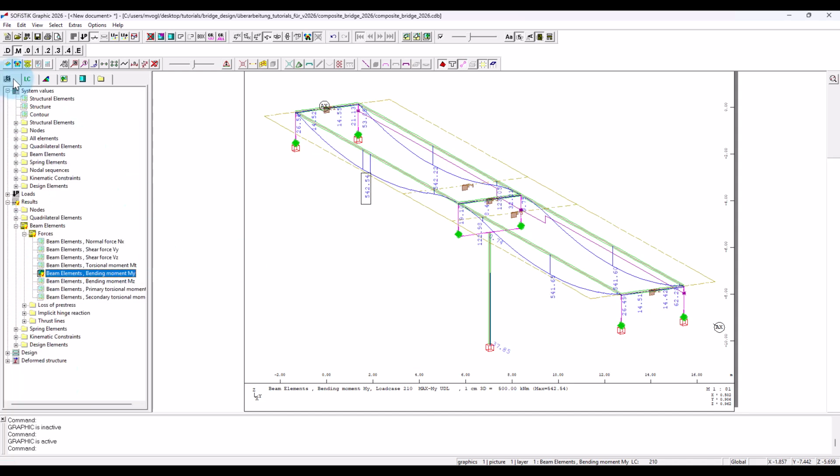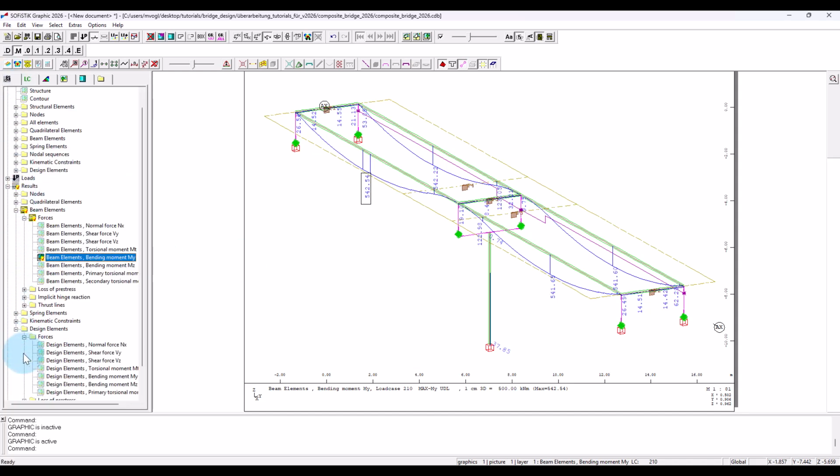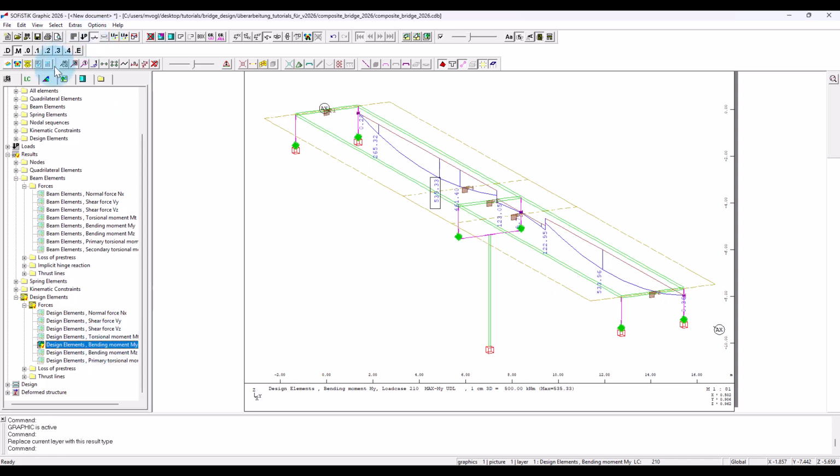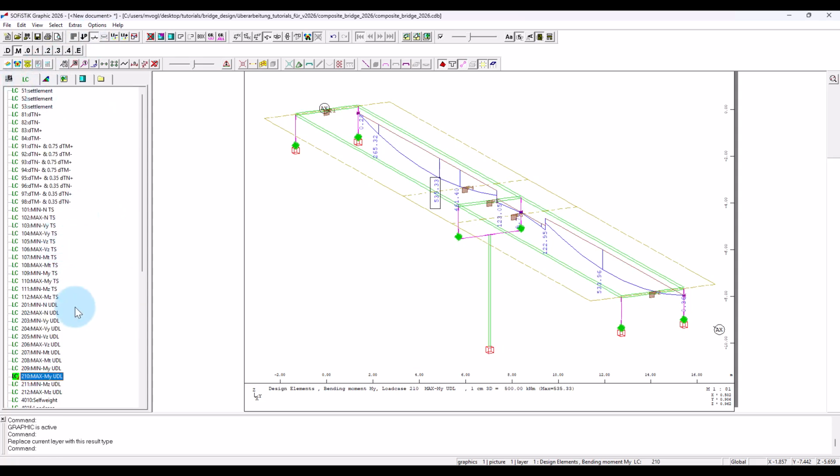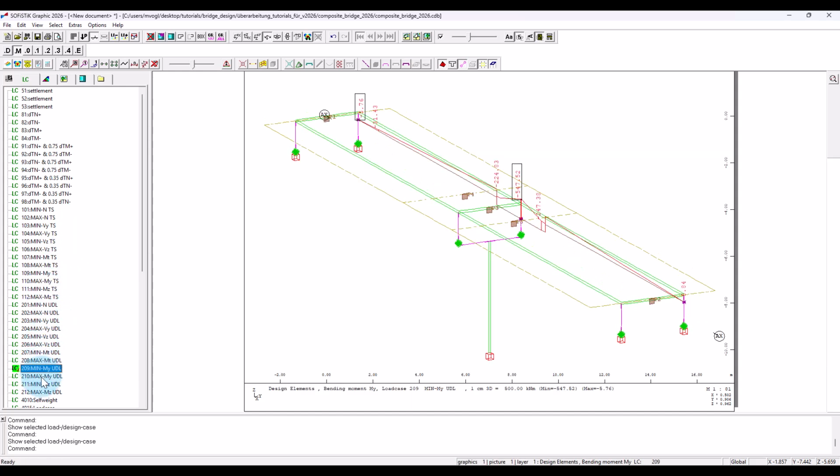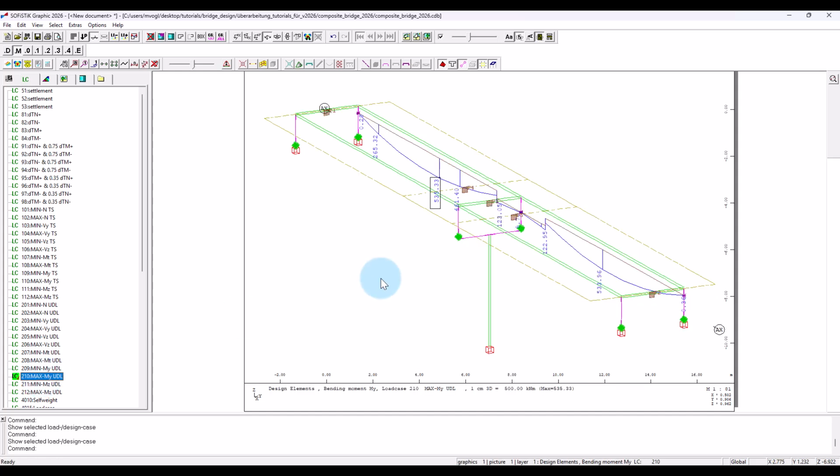When you select design element results, you will see if the corresponding load cases are there and can check if they look fine. Note that mapping results from the traffic loader to design elements is not supported for design elements that integrate forces from several elements, for example in mixed systems with beams and volume elements.